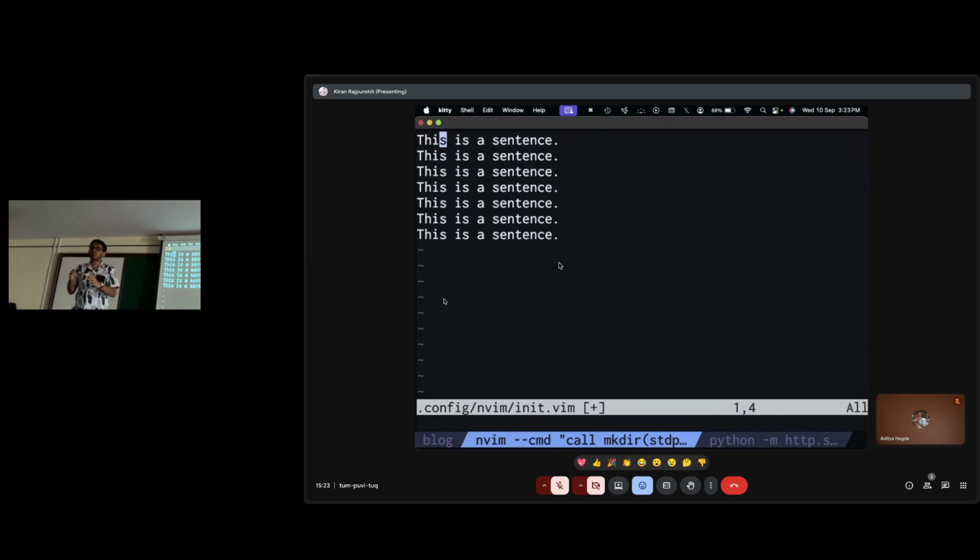Once you're comfortable with this, I'll show some demonstrations afterwards of how quickly you can edit text and move it around, especially in today's world with AI, where people are generating code at rates faster than ever before. If you're fluent with this, you can very quickly edit code.